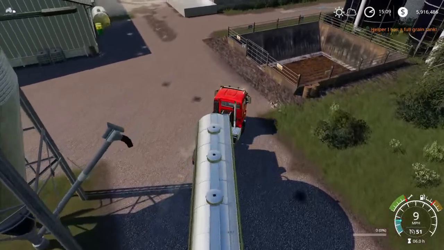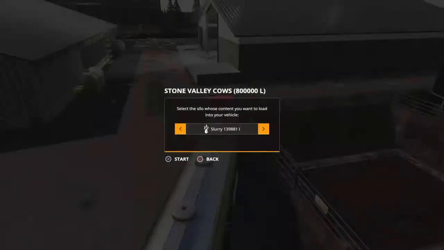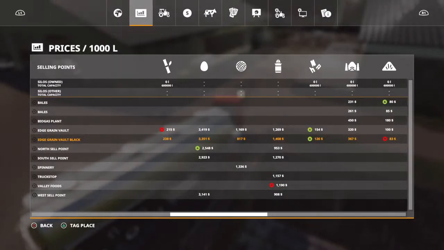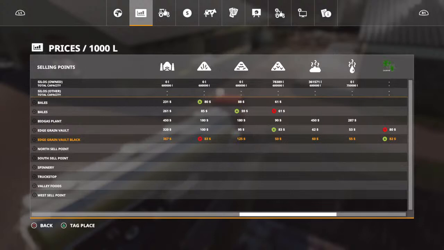See, that's all of our slurry in there. Let's see how much is just in this one. I'm not grabbing slurry in this one, I'm grabbing milk, but yeah, 139,000 liters there. And I think we're still getting an okay price at the biogas plant with that. Slurry, that's the highest price. If we're going to sell slurry, it's 53 or 55. Or at the BGA at midnight, we're getting